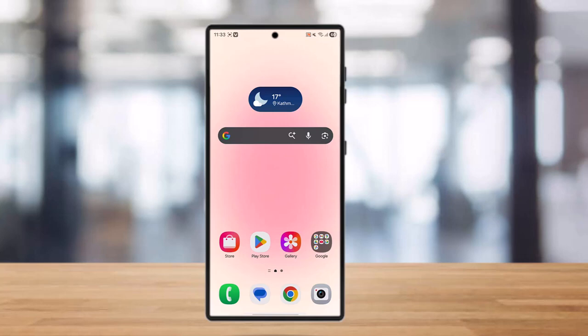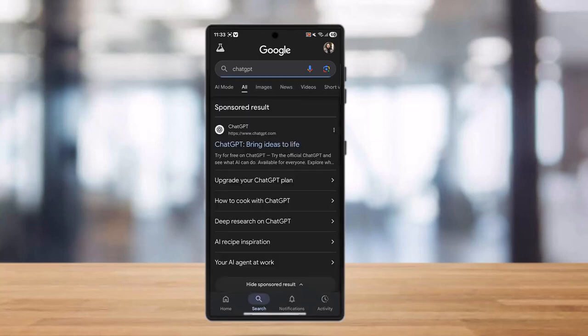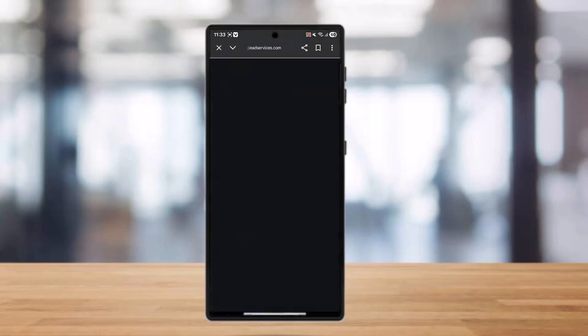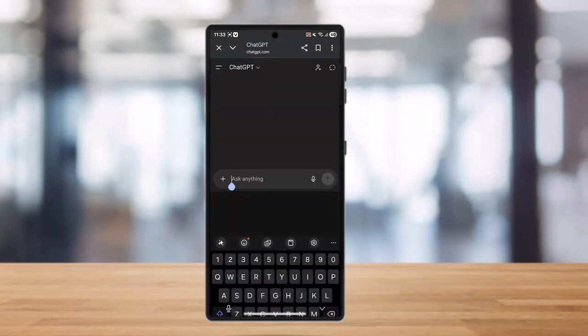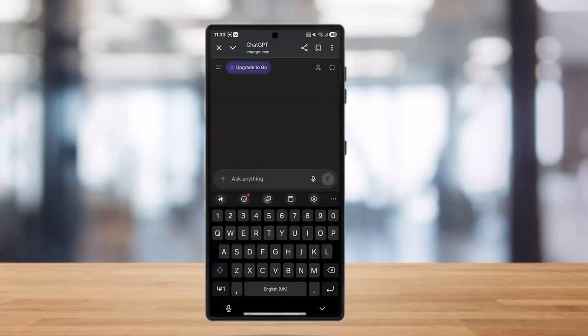So if you want to summarize CSV files with ChatGPT Advanced Data Analysis, all you can do is simply go to ChatGPT. Once you're in your ChatGPT, all you can do is simply upload your CSV file. Once you've uploaded your CSV file with ChatGPT Advanced Data Analysis, you can simply click on the send button and get the answers accordingly. You need to specifically ask questions about the data,